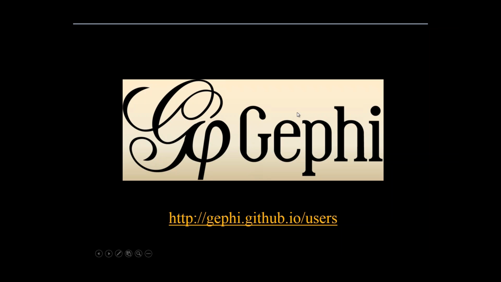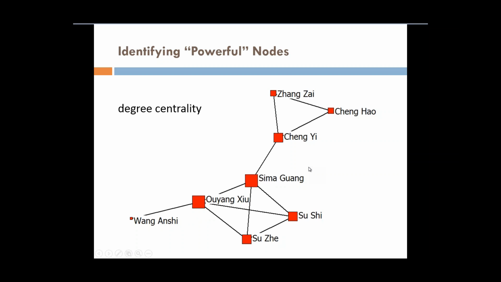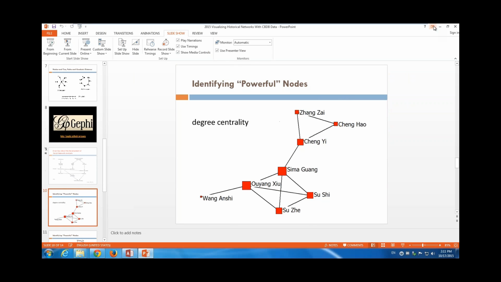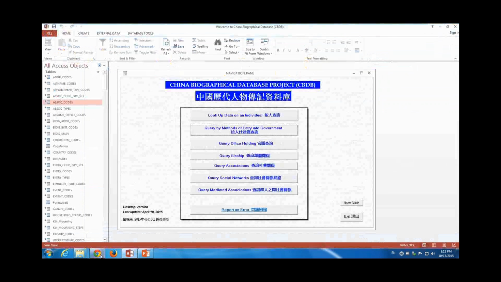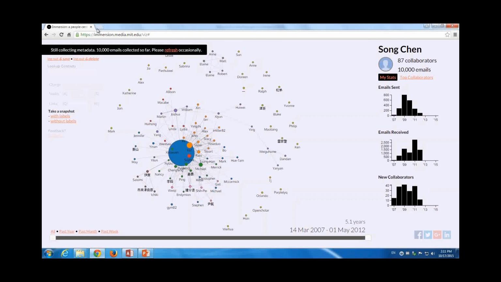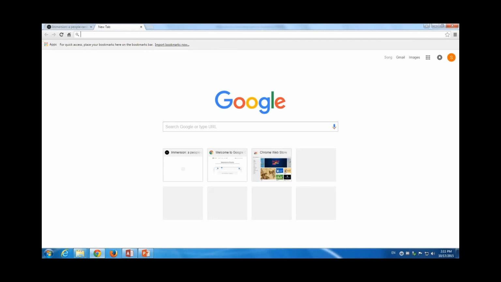So, right. Let's take a look at what Gephi is about. In order to do that, I need you to download our demo data set. If you go to, again, our Dropbox, which is the URL you have on your handout, right? Which is